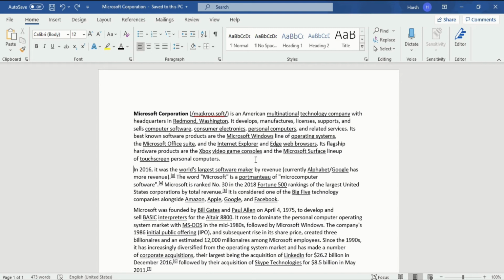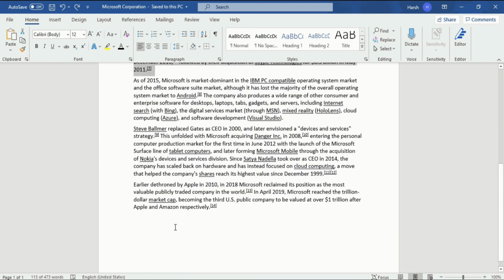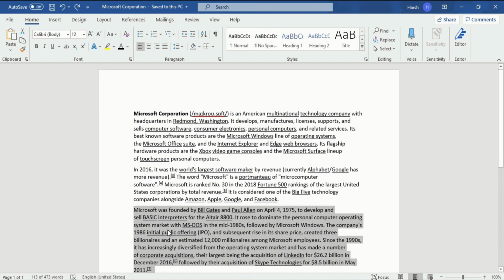First of all, you must know what a paragraph is and why we need to insert a line in between the paragraphs. So the ending of a paragraph looks like this. In here there is a comma, after that I press enter, and in the next paragraph we come. So there are two paragraphs. This is one paragraph, this is another paragraph, this is a third paragraph, and so on and so forth. So there are a lot of paragraphs in our documents.